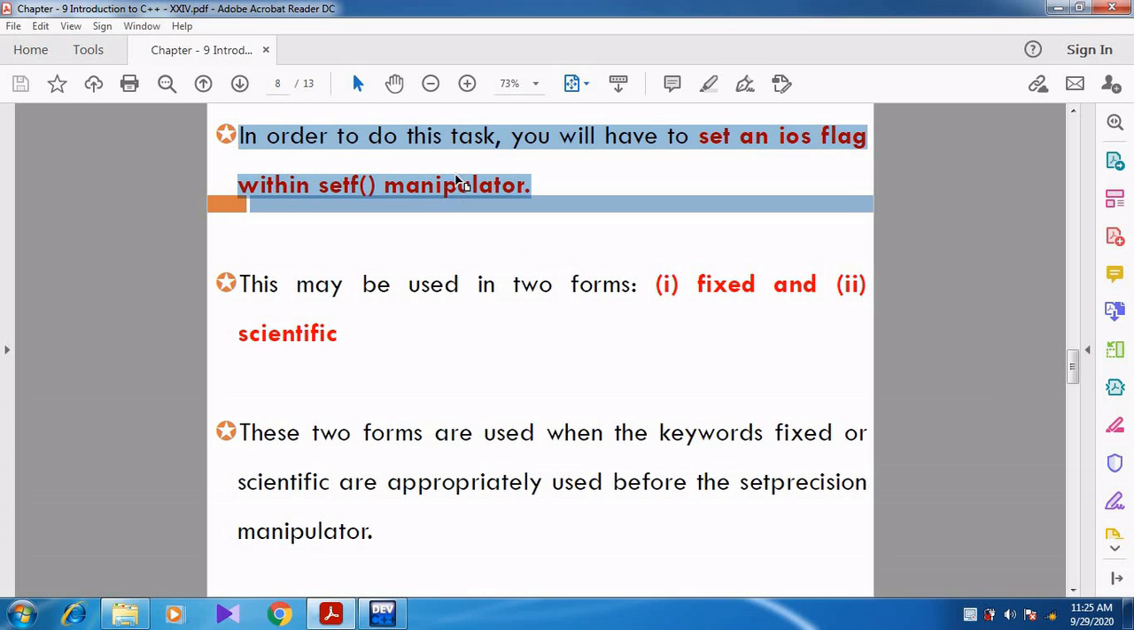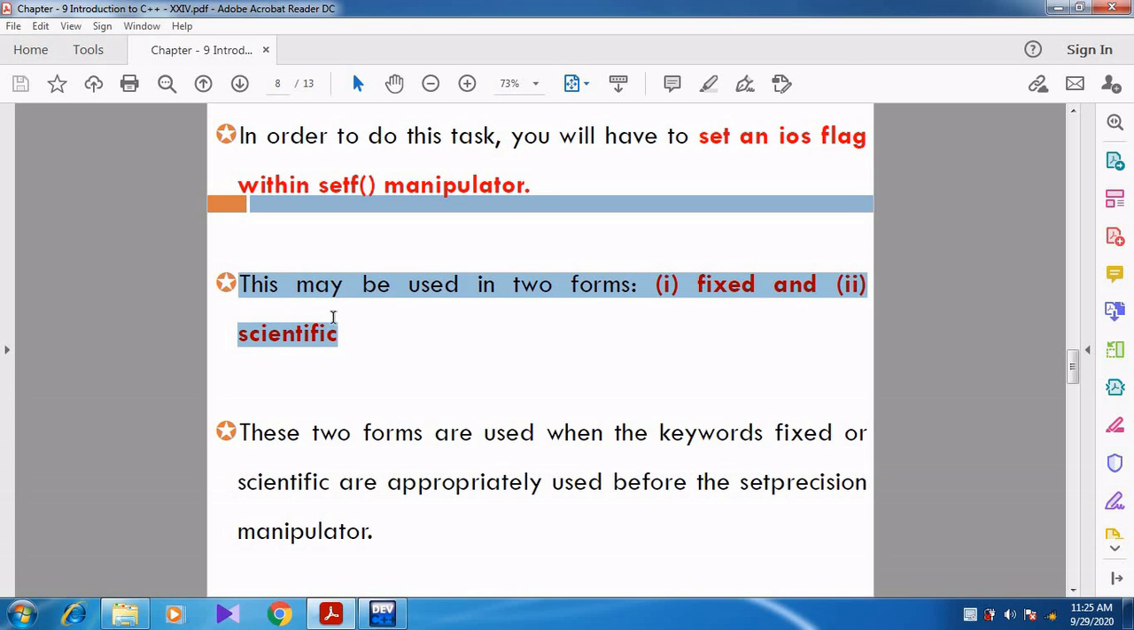This can be used in 2 forms. What are the 2 different forms of the setf manipulator? One form is called fixed and another form is called scientific. Can you understand, students? What we are discussing? We are discussing about the